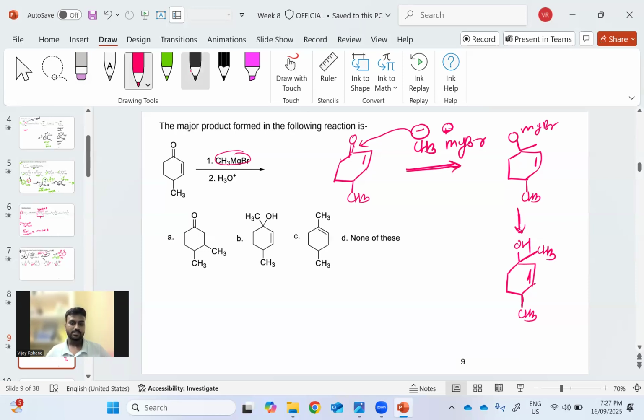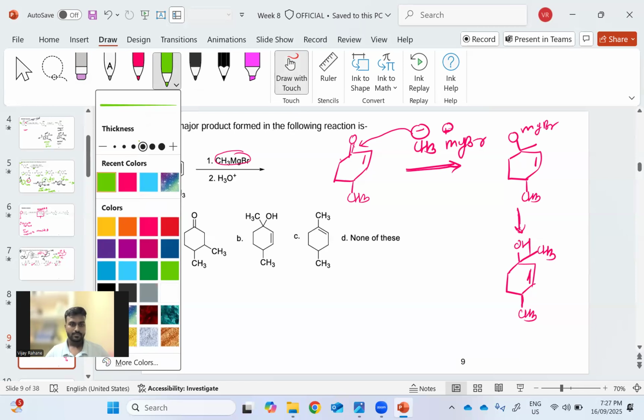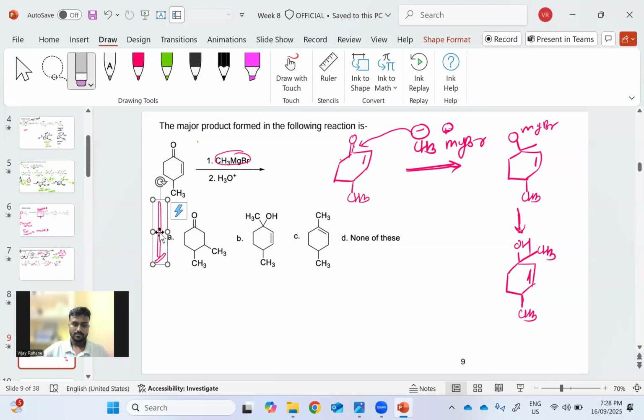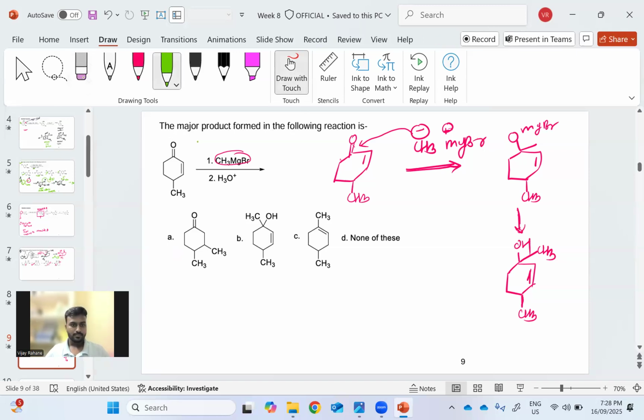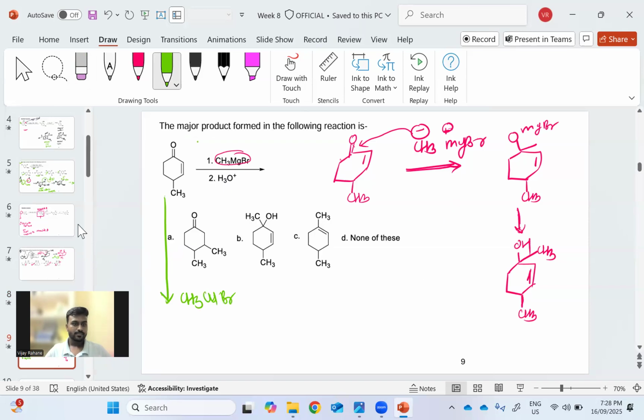What if instead of this magnesium MgBr, we add the CH3 Cu CH3 twice, the Cu complex, that's the reagent, the organic cuprate. So if you add the organic cuprate,